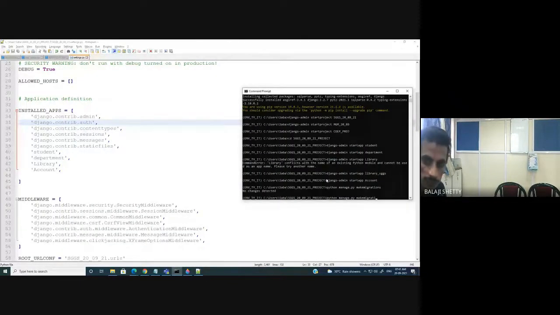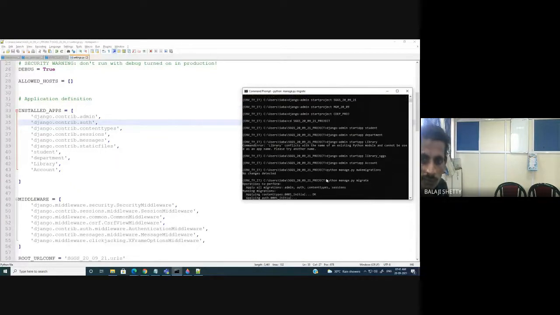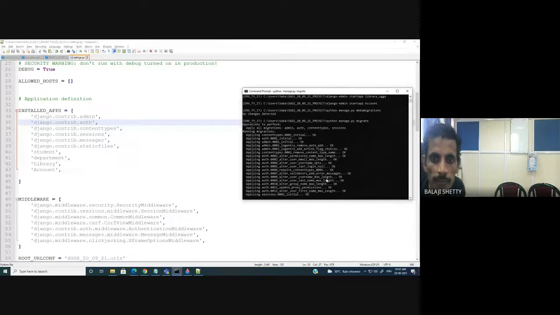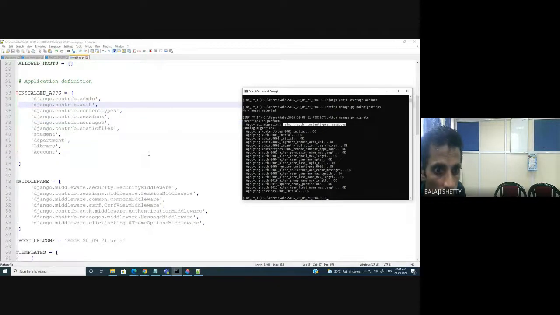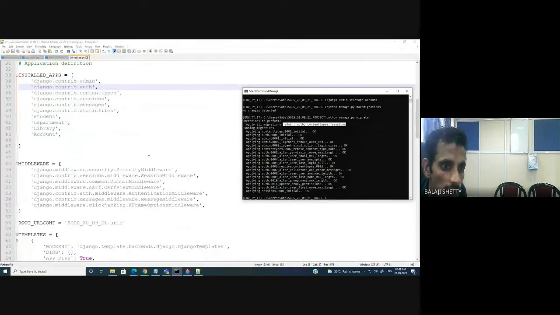Migrate. You can see here auth 0001 initial. These files are all created. Admin, auth, contenttypes, sessions. These are advanced parts.